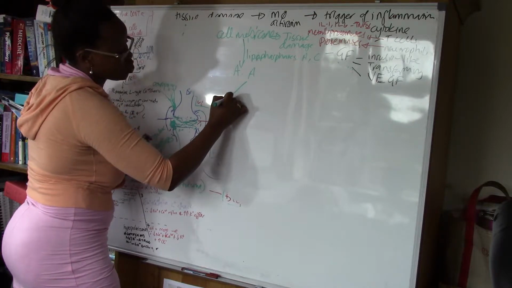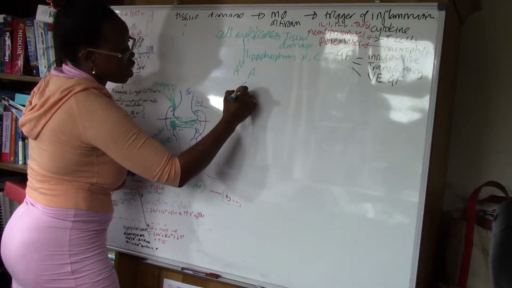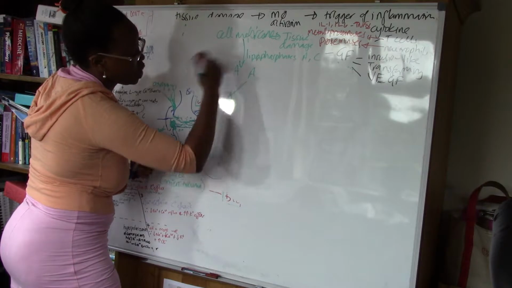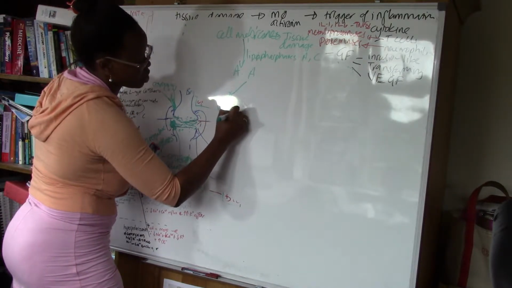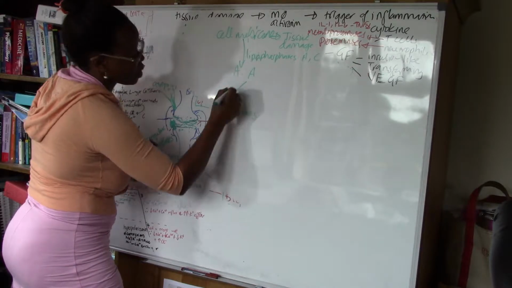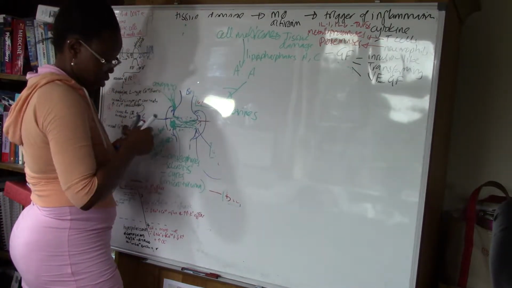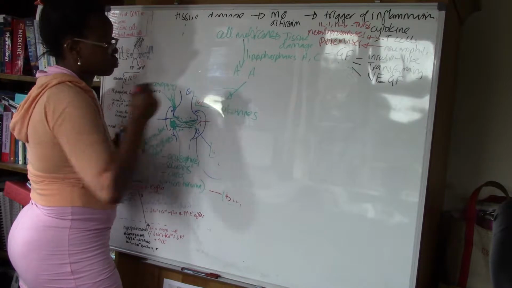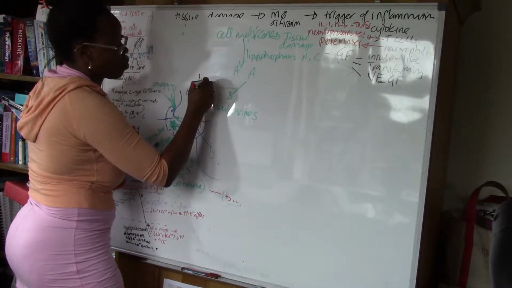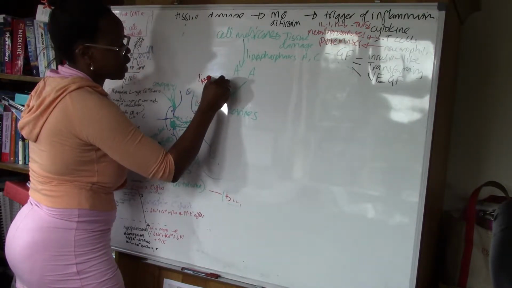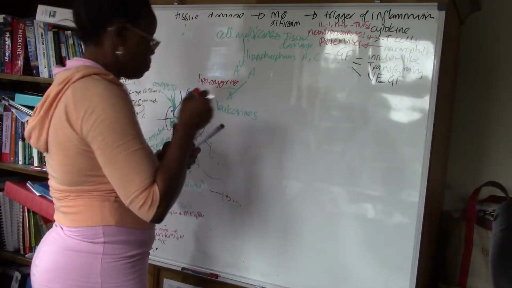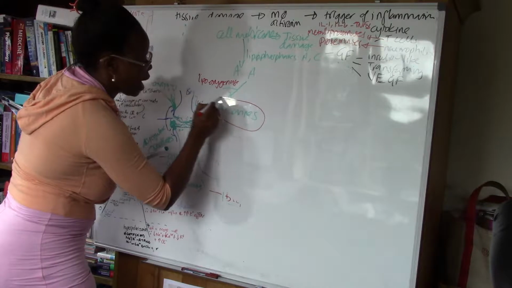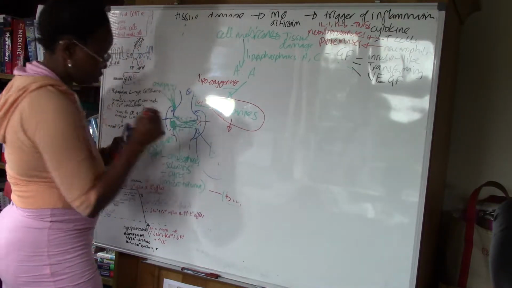And it's usually then converted to, or leads to the synthesis of leukotrienes via the lipoxygenase enzyme pathway. Again, leukotrienes are involved in the inflammatory process,